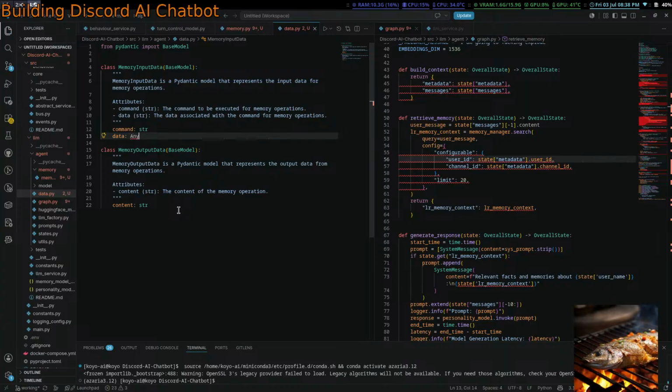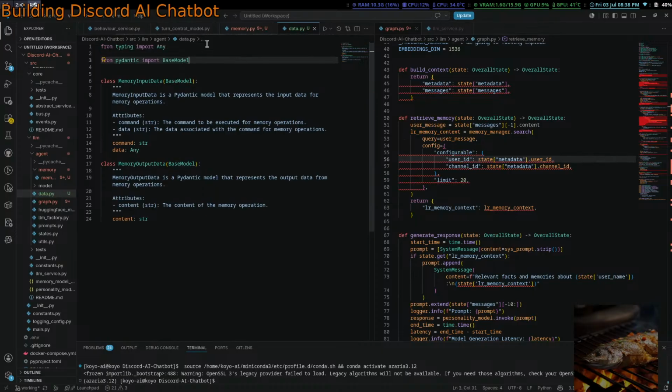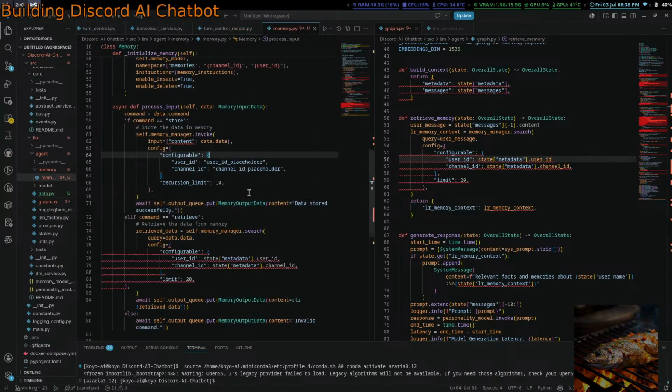Just gonna put any. Any data associated with a command. Data.data query equals data.data state metadata.